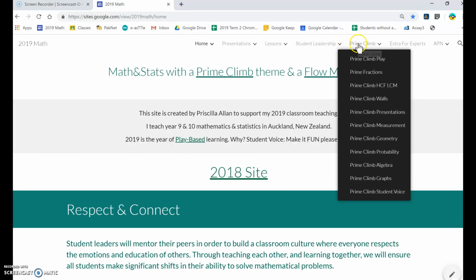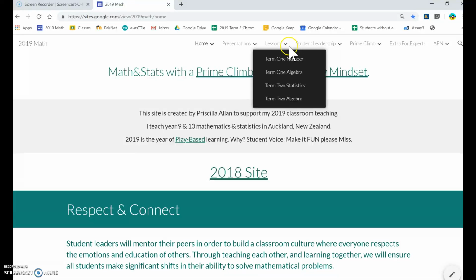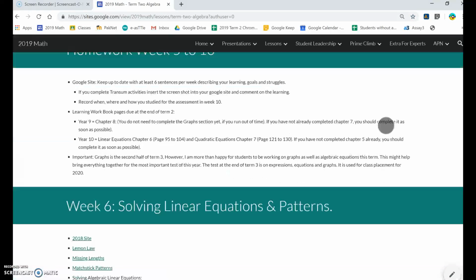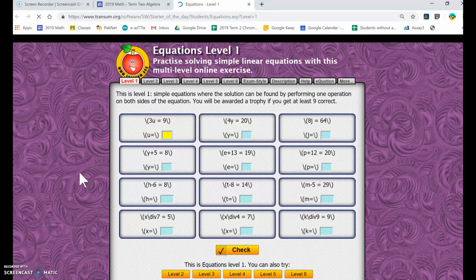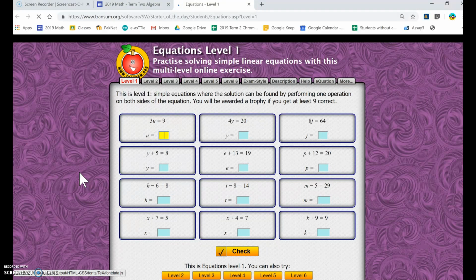Okay, so today's lesson, we go to lessons and turn to algebra. What I want you to do is skip to here, level 1. Wait for it to load. Now,